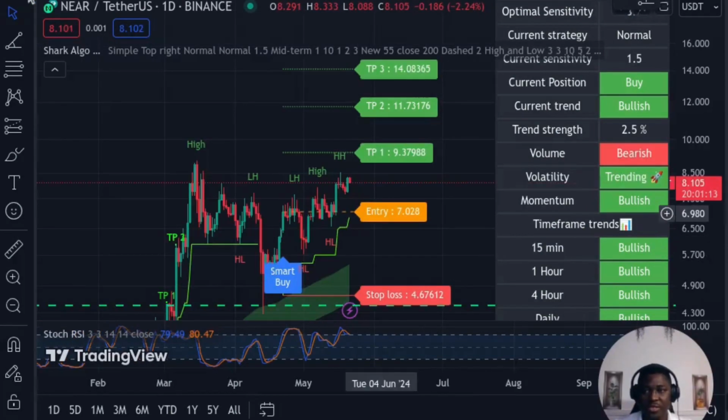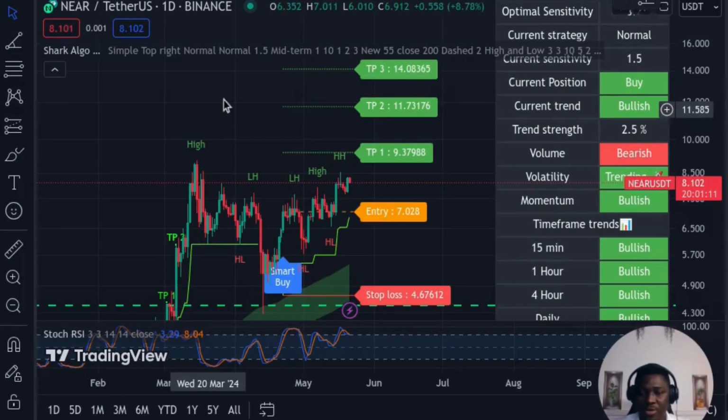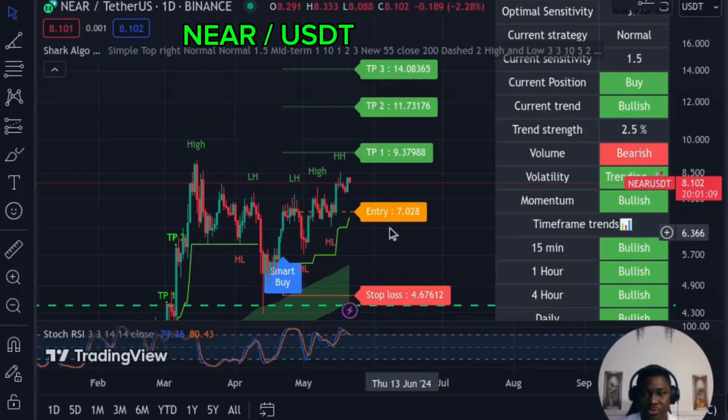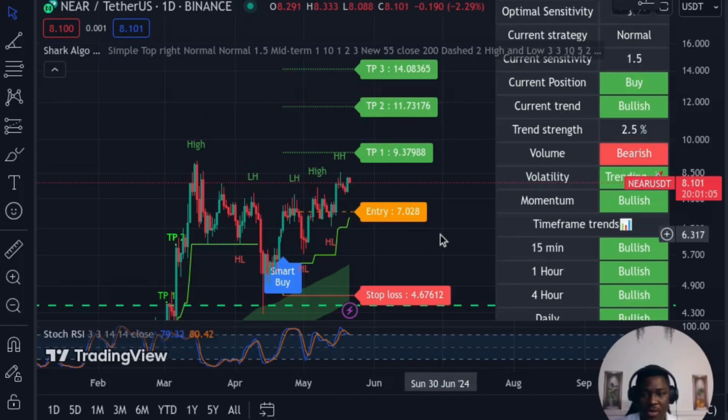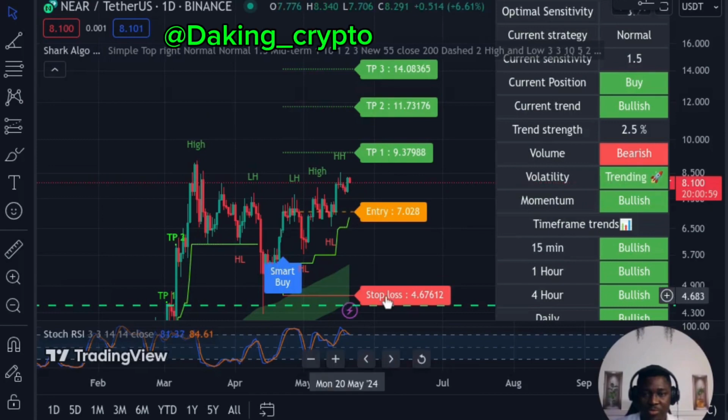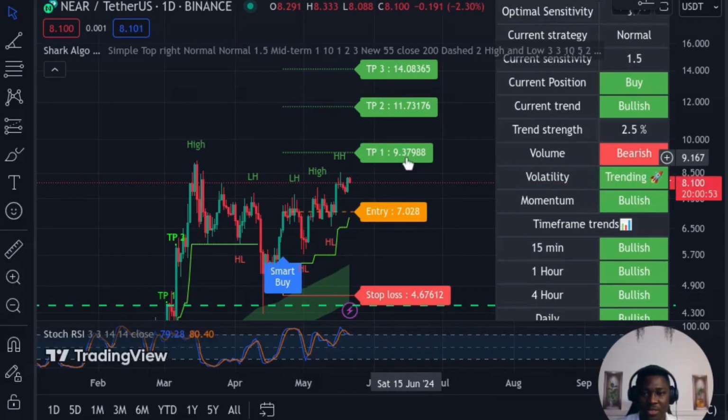Update on our trade Near Protocol and USDT. So this trade, we took it a few days ago. We are yet to hit our TP1, right? We took this trade at the entry level of 7.028, and our stop loss is placed at 4.67612. Our TP1 is placed at